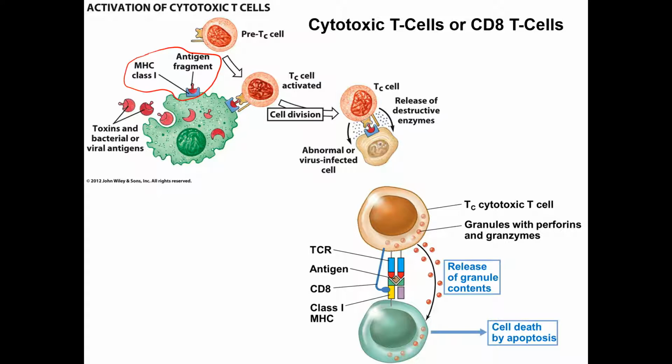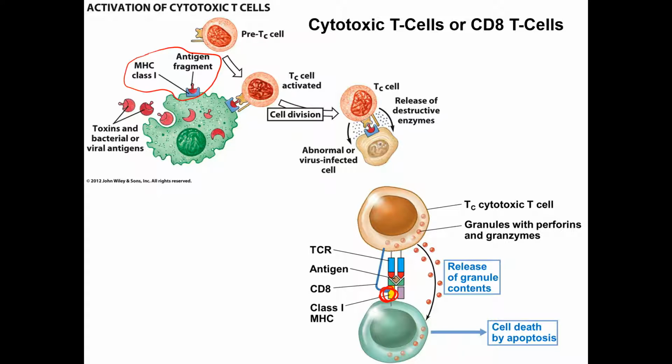Alright, so through MHC class 1 antigen presentation, your T cell receptor binds to that antigen being presented. Your CD8 co-receptor interacts with this MHC molecule, giving co-stimulatory responses to trigger this T cell to begin secreting